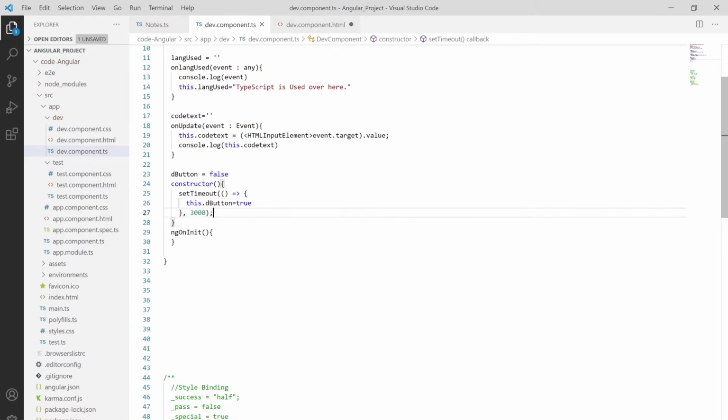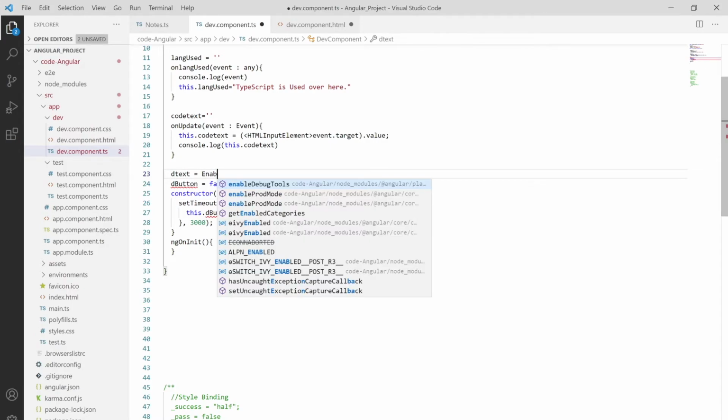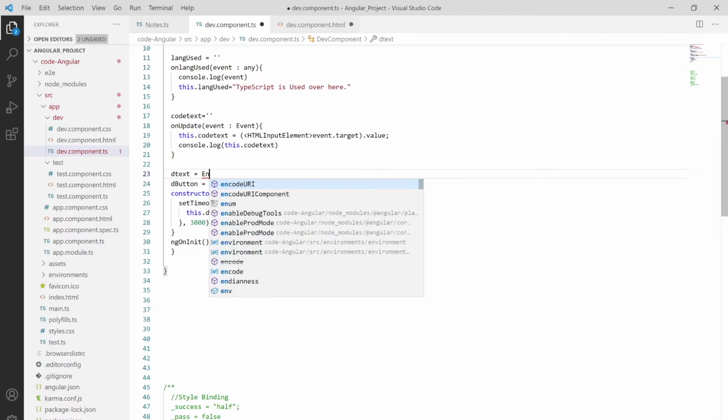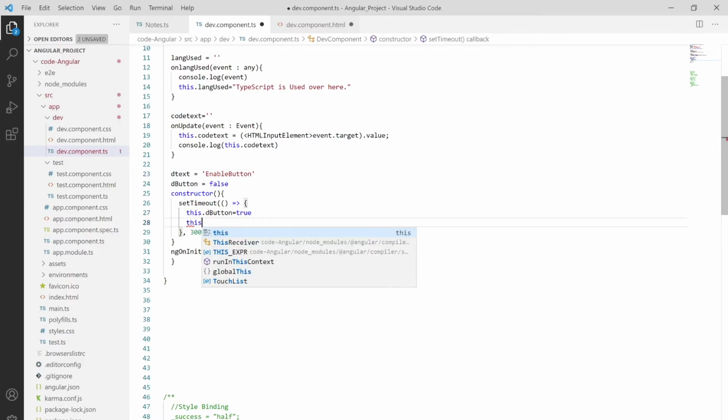And let me save this thing also, and I'm importing D text over here, as we have enable. Put it in the text format as enable button. Or after this thing I also want this dot D button to be disabled over here. Okay, sorry, this thing is not needed.